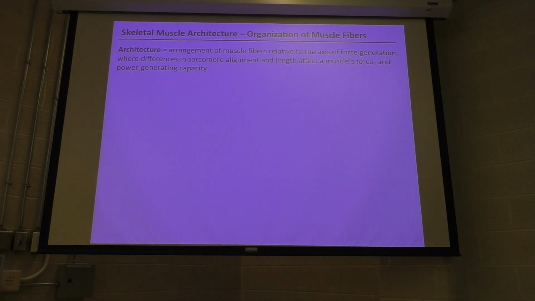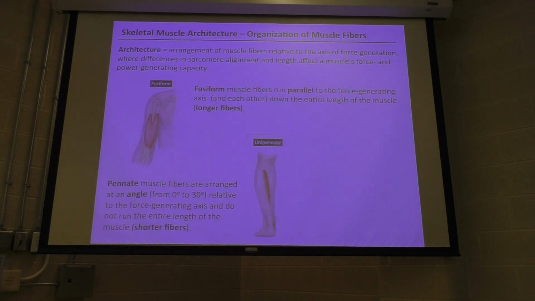Okay, so we're going to shift a little into the gross architecture again, and it's important because it has to do with how sarcomeres work. Architecture is basically the fiber alignment relative to the force generating axis. I can't believe we used a chalkboard. But all right,